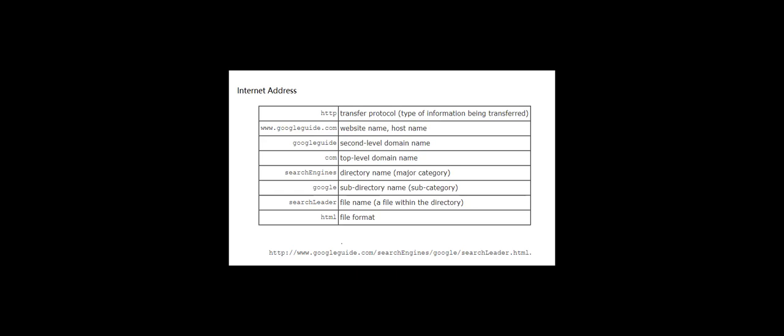With internet addresses, you almost always start with HTTP. Sometimes it's HTTPS. The S stands for security. But HTTP is a hypertext transfer protocol, and that is the type of information that it tells the system is being transferred. So the example here starts with http